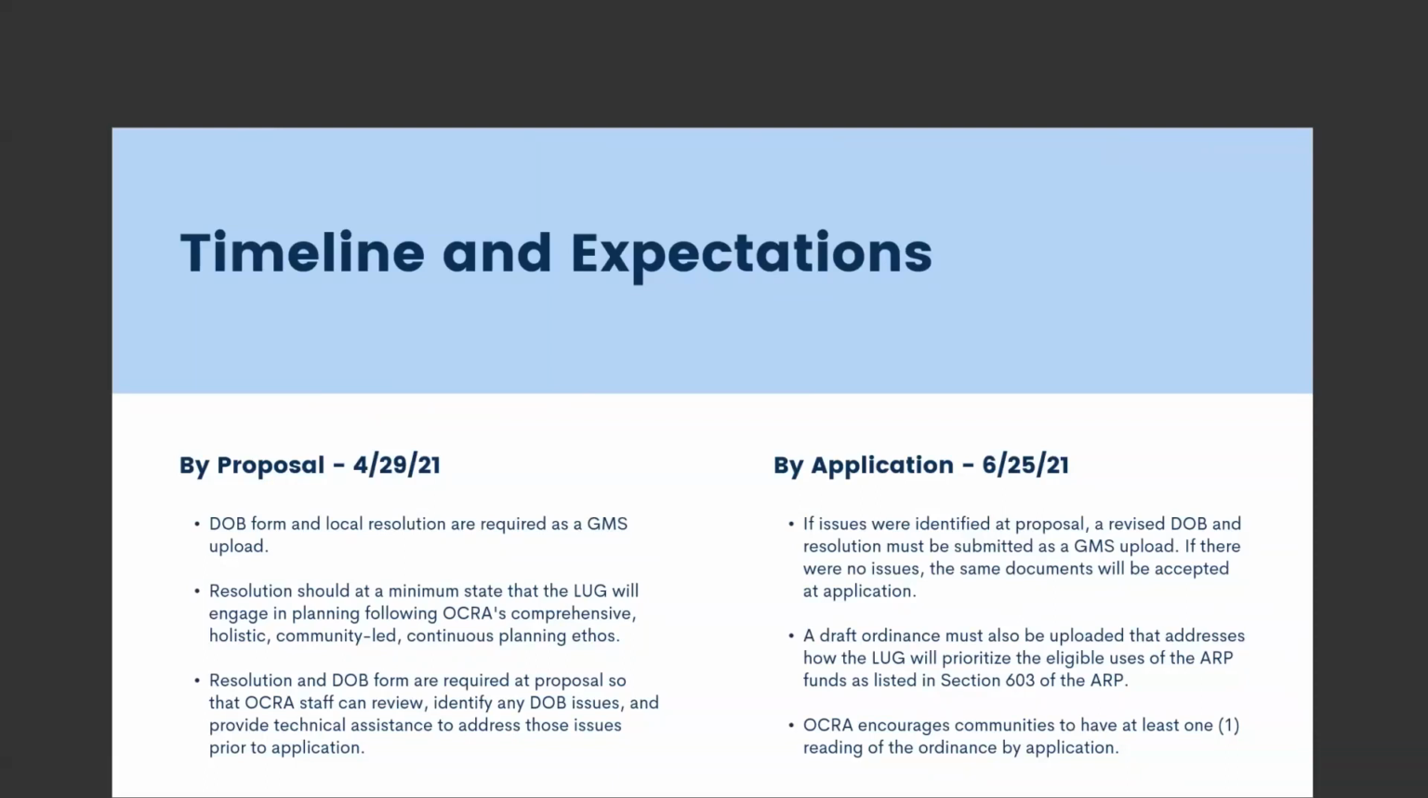So if you haven't already passed the ordinance, we are really encouraging you to have at least one reading, because again, that aligns with the timeline from the State Board of Accounts. So those are the expectations. Again, this is not a "you have to have this by proposal or you're out." This is, we need this by proposal so we can work with you to mitigate or address any issues, because